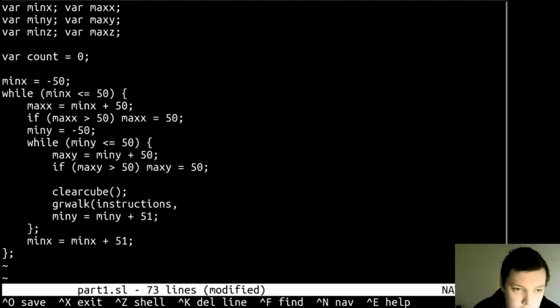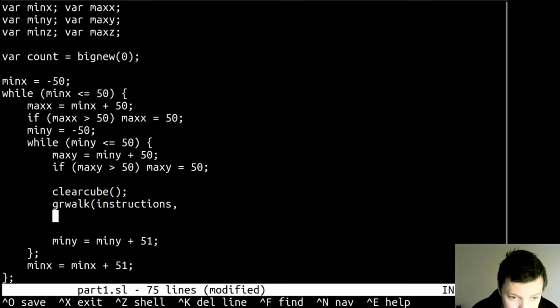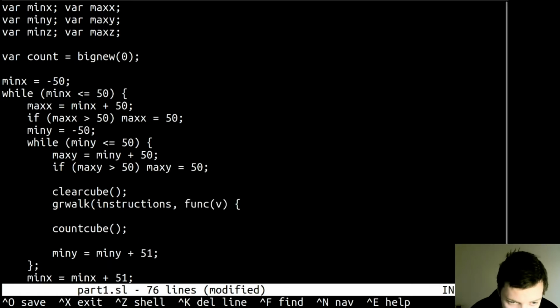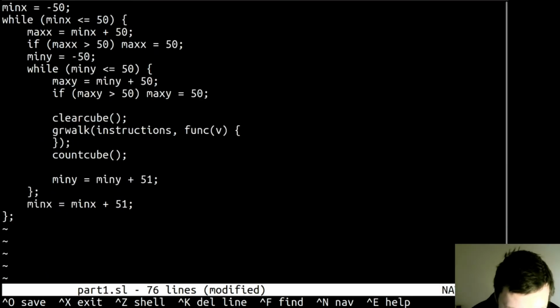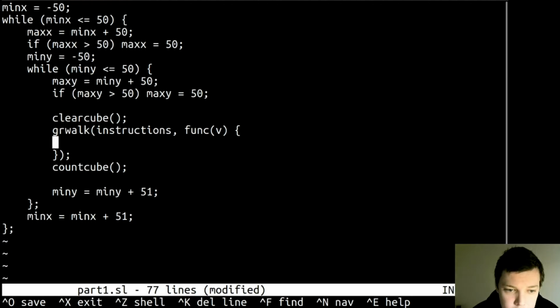Count is a bigint, actually. Firstly clear the cube, then walk over the instructions, and for each point, or for each range that we need to do, we'll